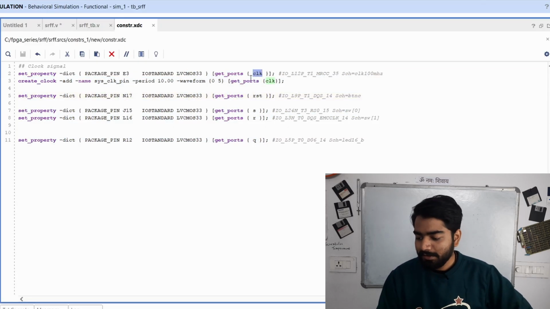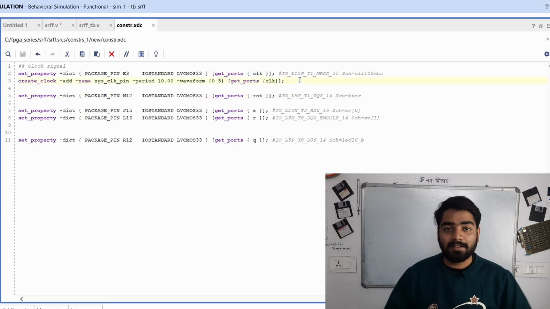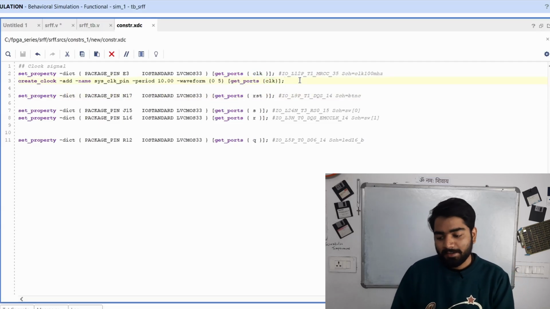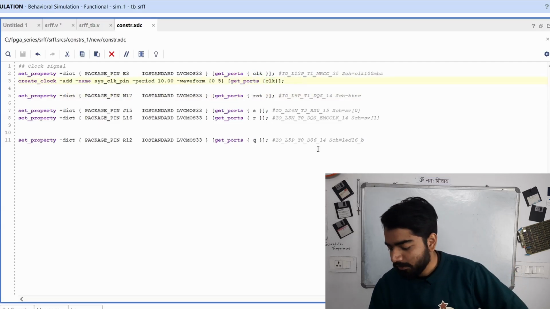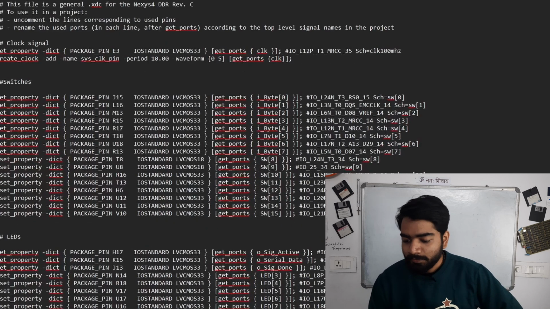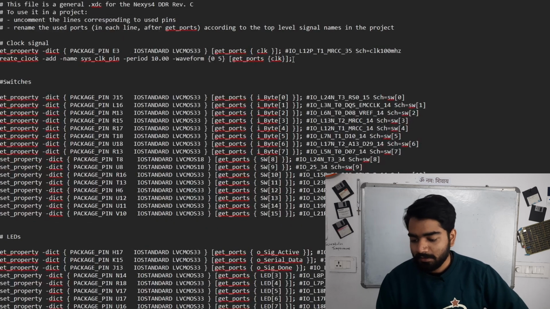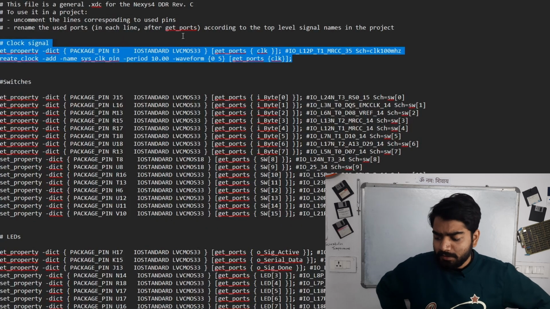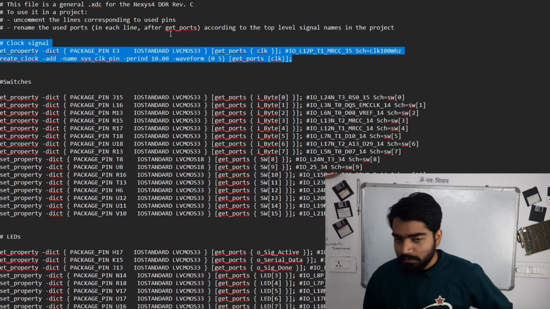Okay, till now we haven't taken the clock in the constraint. So whatever your board constraints file is, if you see here, you have the clock signal. As you can see, this is the clock signal. So this clock signal basically